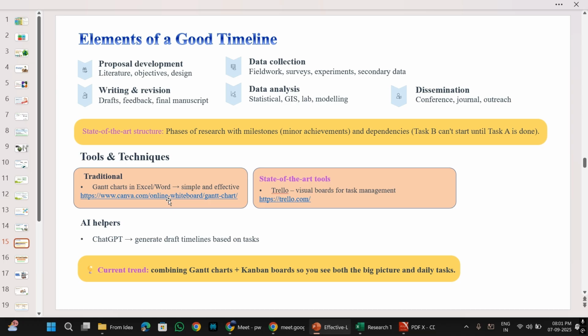Now, there is also ChatGPT. Many of you have already used ChatGPT. Make best use of it. When you're using ChatGPT, you can generate a sample draft. Because it is a generative AI, it not only predicts, but it also tells you a lot of information that you might have otherwise missed, right? So we will give one prompt and see the timeline that it produces.